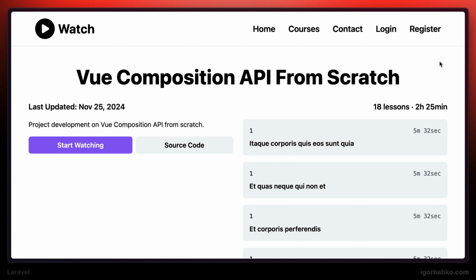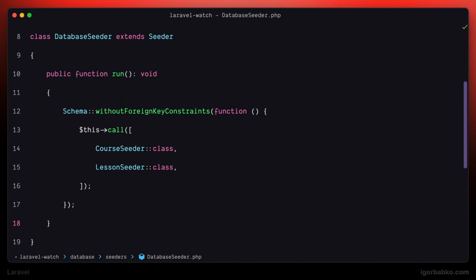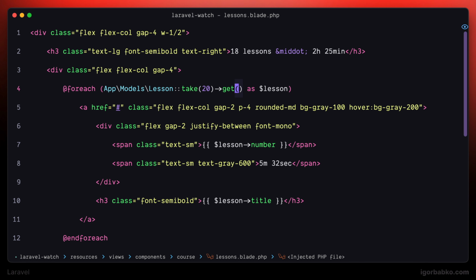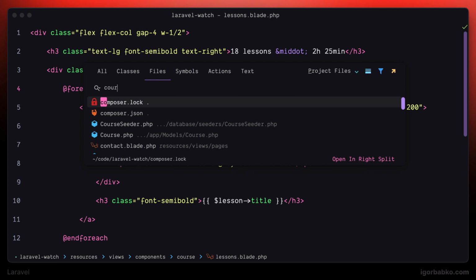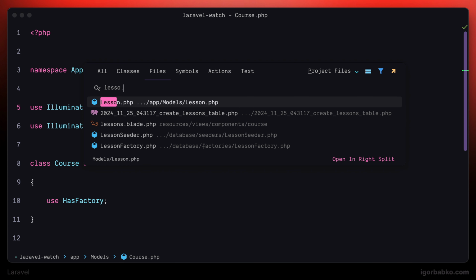Alright, now from the database perspective, we have everything in order to establish the relationship between courses and lessons, so that we can show proper lessons in this list that are actually related to the current course. Because currently, as you can see, we are fetching the first 20 records from the lessons table and showing all of them in that list. So let's start defining a relationship, and we are going to define a relationship between course